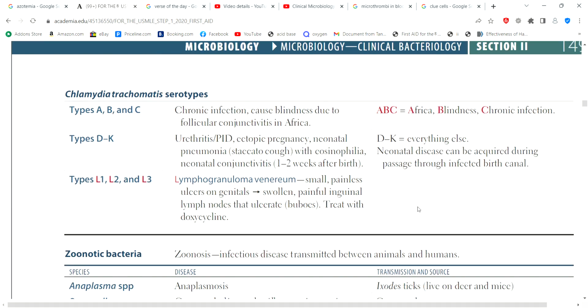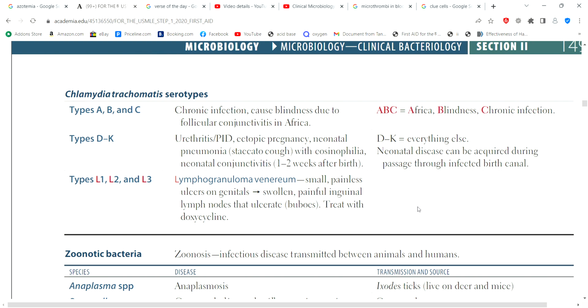Okay, so next, Chlamydia trachomatis serotypes A, B, and C. This one causes chronic infection, and causes blindness due to follicular conjunctivitis in Africa. Just remember this: A is for Africa, B is for blindness, C is for chronic infection. So the main problem here is blindness. Types D through K cause urethritis and pelvic inflammatory disease, ectopic pregnancy, neonatal pneumonia,